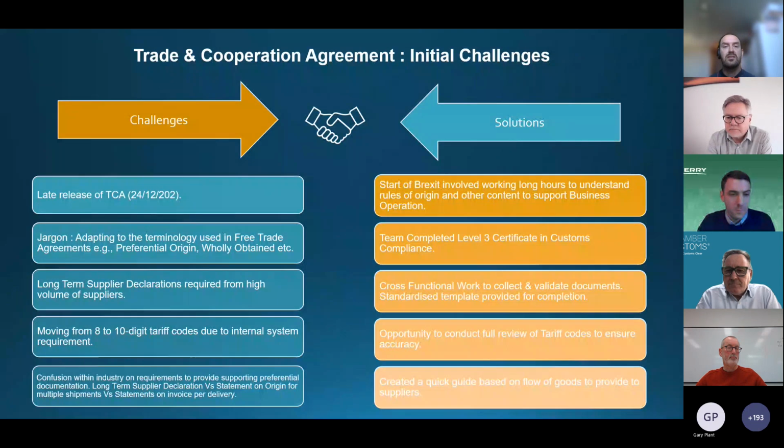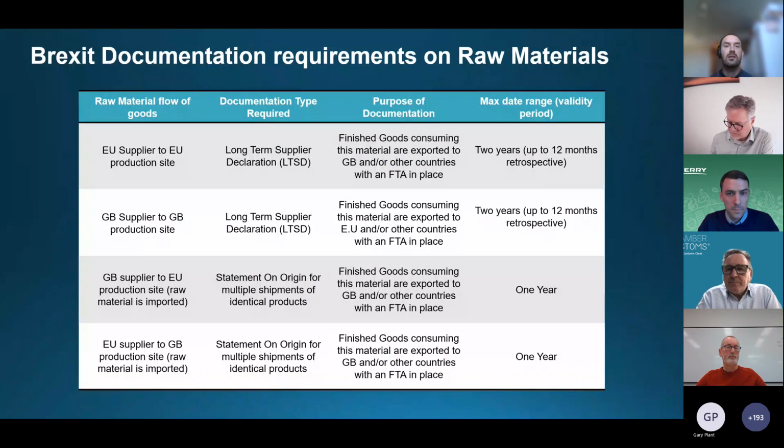So what we actually did was create a mini cheat sheet, which is the next slide if you want to jump over to that, Cillian. So I won't go through this in any detail, but I do recommend having this to send out, and I can see there's a link being sent through as well, which could be something useful. But this was a cheat sheet that we created just to try and document, when questioned by our suppliers,